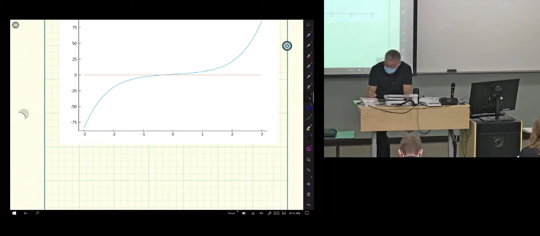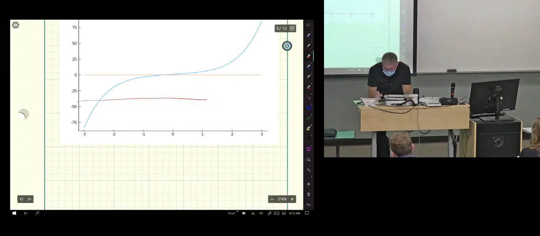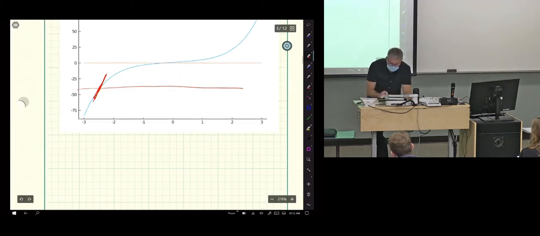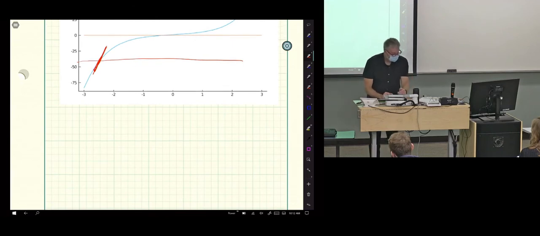If the 0 line had been moved down to here, then that would be much easier, because then your slope is very nice, okay? But it is what it is. That's the function, okay? So,